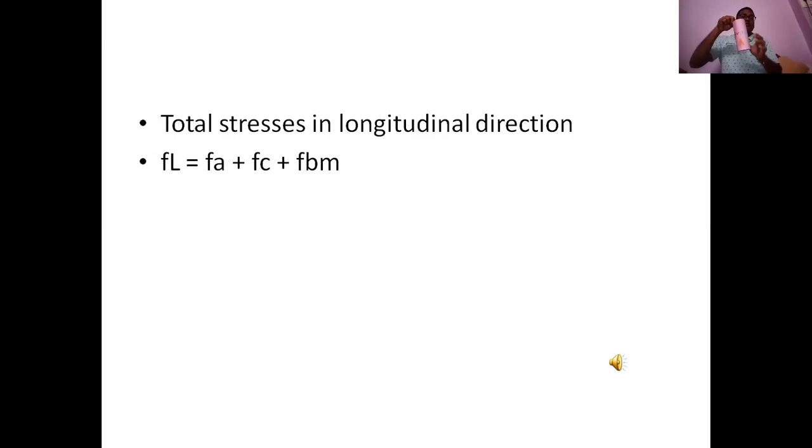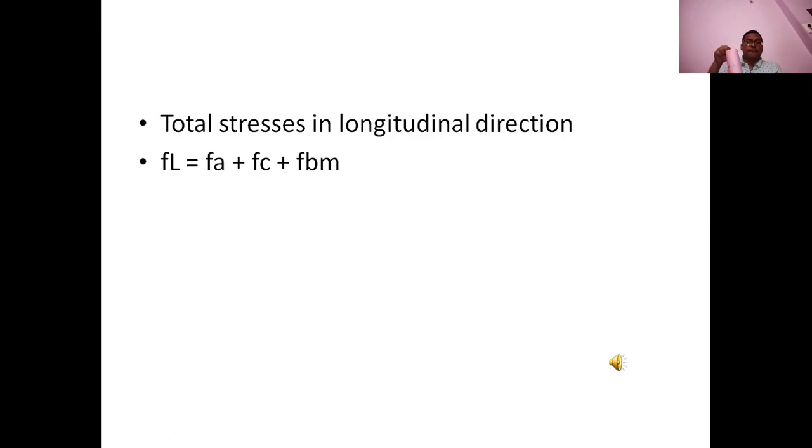Now out of this, the total weight of the vessel is acting in the downward direction, which is the longitudinal direction, and that is Fc. Then Fa is the axial stress,